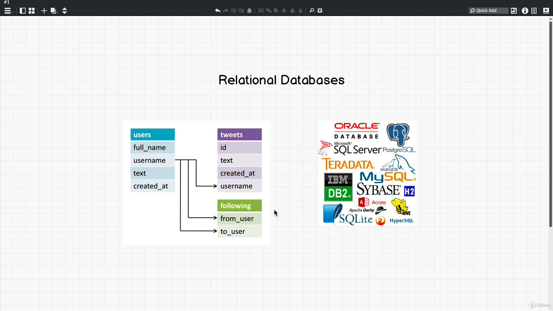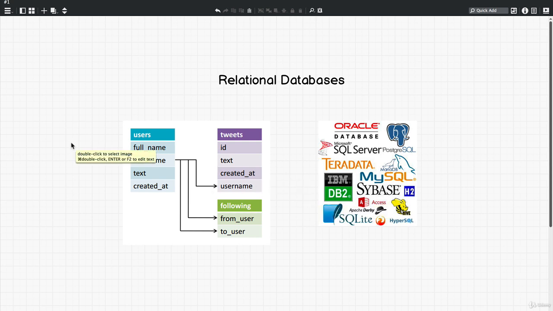Relational databases consist of two or more tables with columns and rows. So in this case, users is a table, and full name, username, created at are columns, and whatever values they have here are rows.